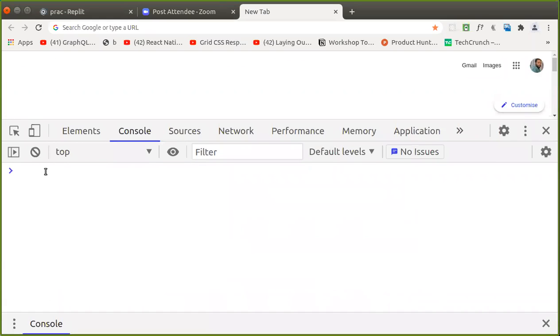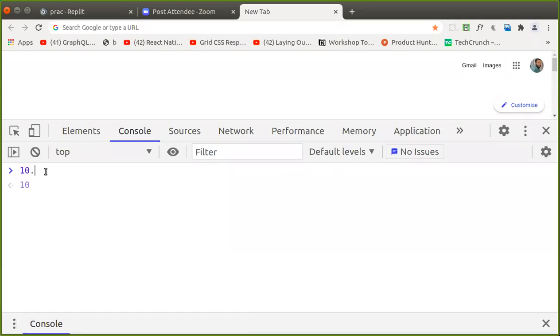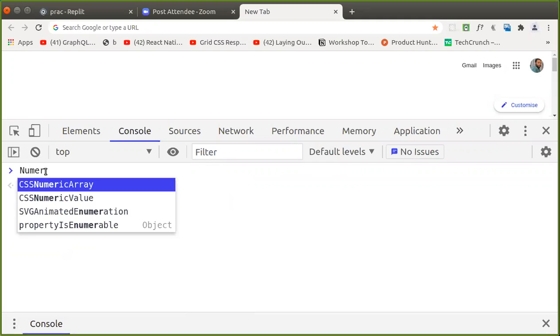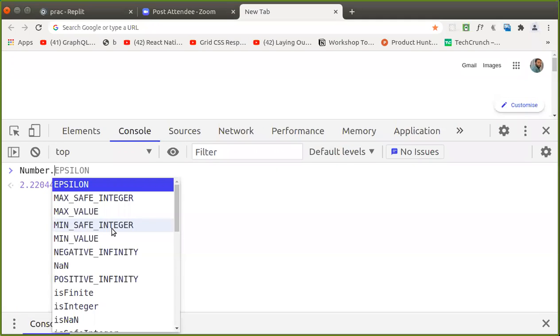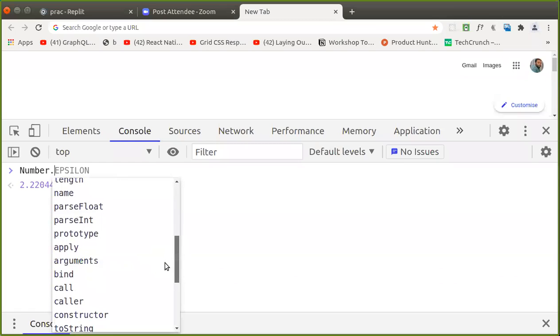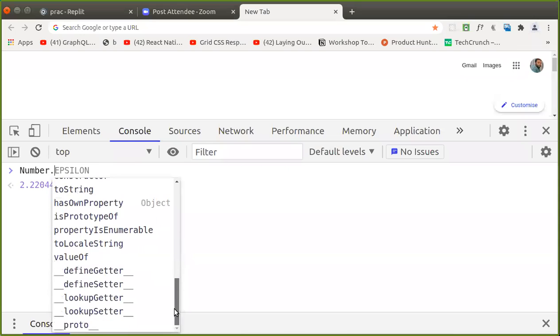One function, we'll just take up from that one. You can see like these things you can just apply on that one. Number dot parseInt, parseFloat. So these things you are getting from what? Number.